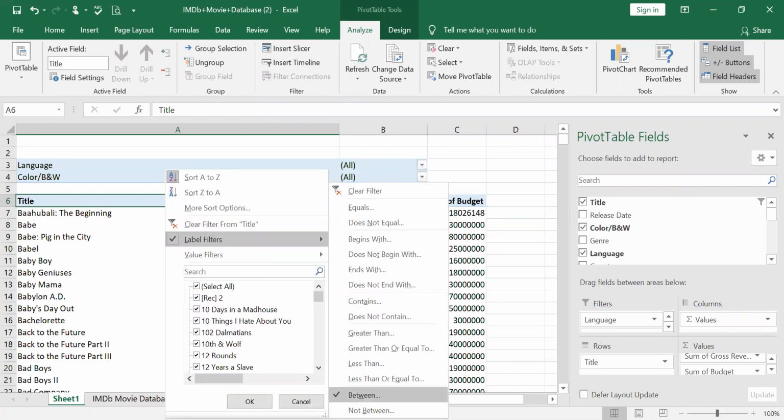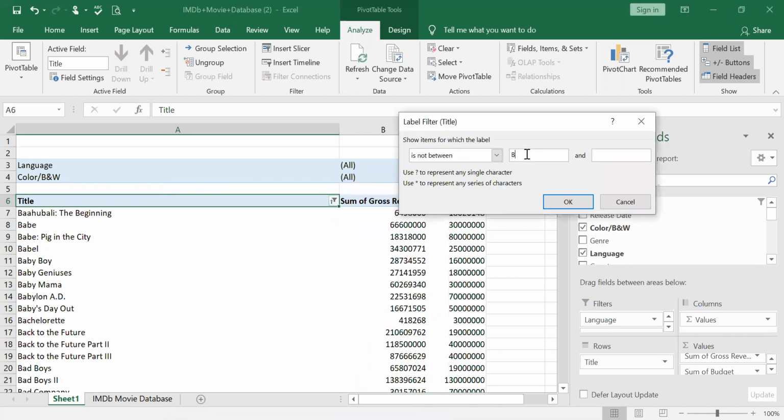Similarly we can have all the label filters, like not between. Not between means you will not have anything between. Say for example, same B and E you give.